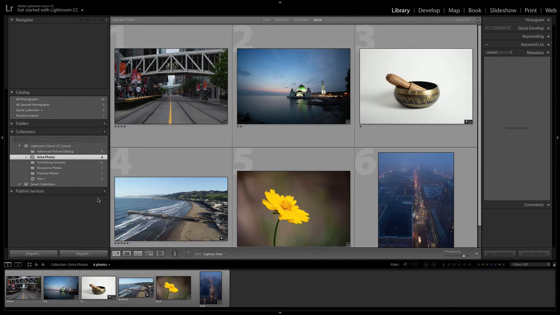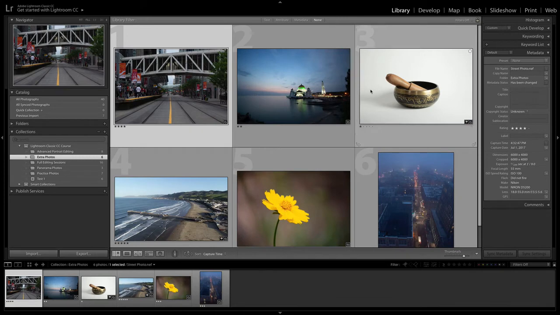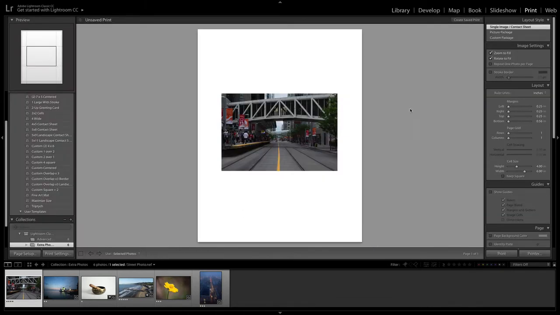which has all of the edited photos so that people can kind of go through them, or maybe even before you've edited the photos, you send a contact sheet that is a grid of photos that the client can look at and choose the ones that they like. So for example, if we select one of these folders or collections and then go to print, it's going to create this sort of custom layout.